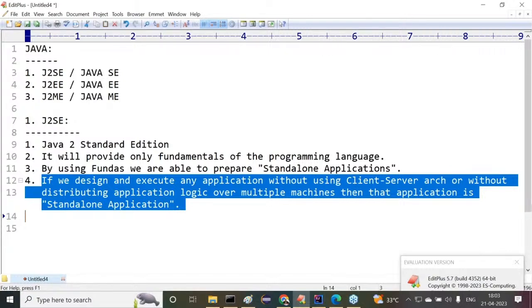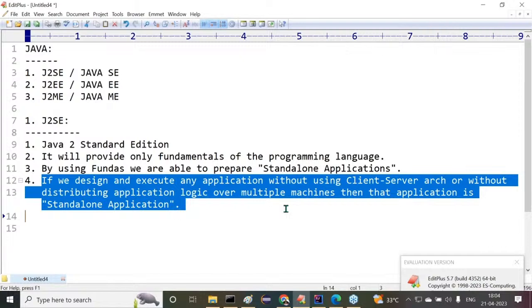That I don't require. That is not available in my application development. There is no concept like client server architecture. So without using client server architecture, or without distributing application logic over multiple computers, my application logic must not be distributed over multiple computers,